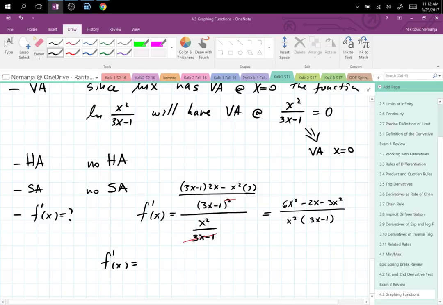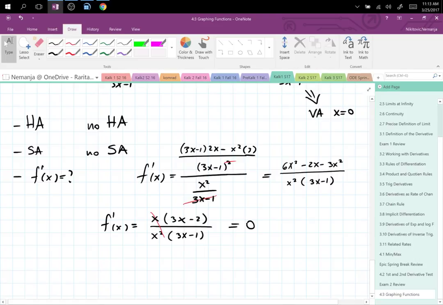3x squared. I'm going to factor out x. So 3x minus 2, and the denominator is x squared times (3x minus 1). And now one of these x's cancels. Awesome. Now we need to know when this is 0, which is when we are going to have a min or max. But we also have to know when it does not exist, because at those points you also might have